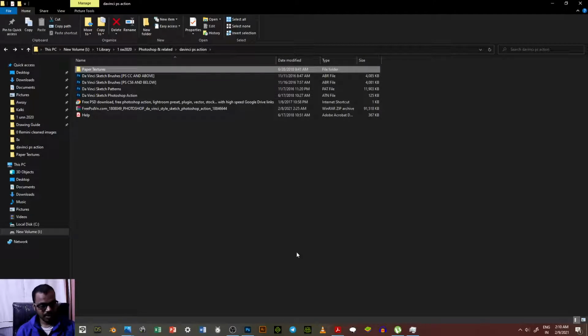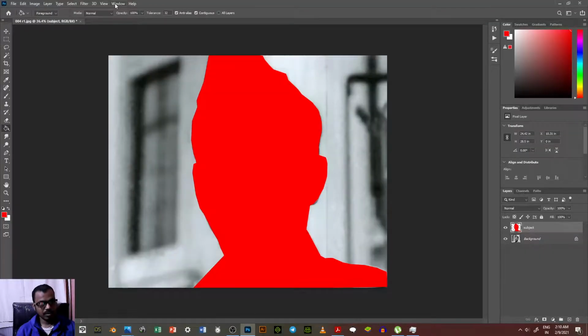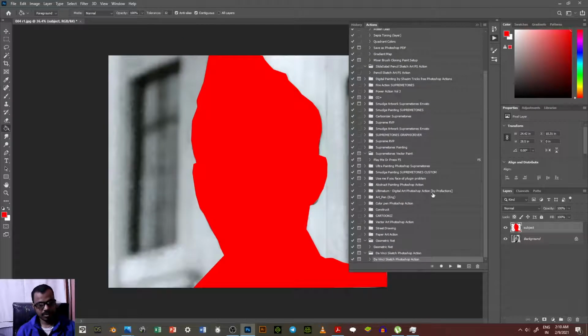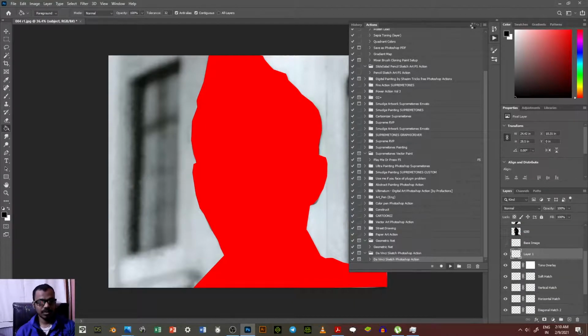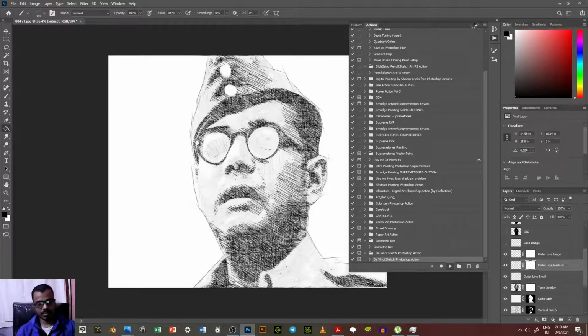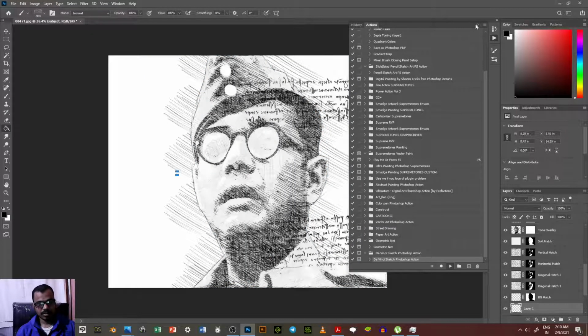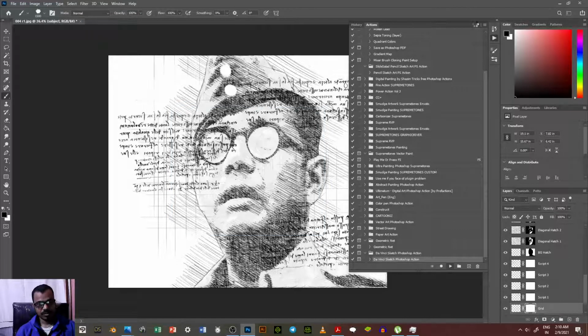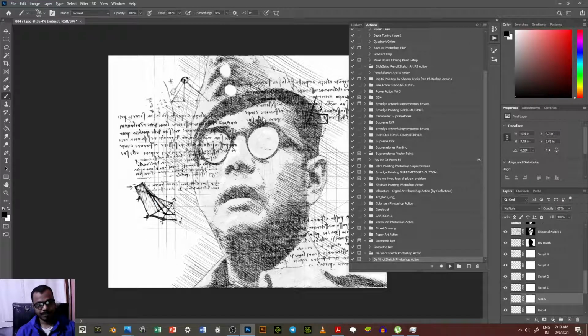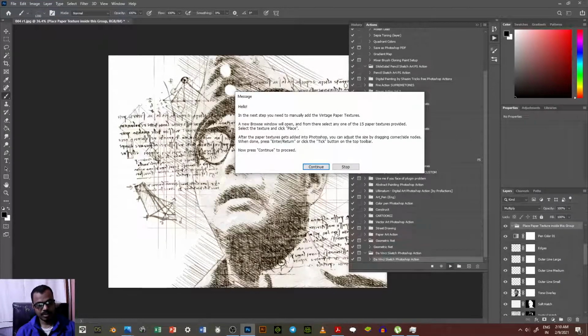That's it. And now come to window, actions, and simple. This is Davinci sketch. There are other action file. This is Davinci sketch file. Play it. It's all done. So the processing will depend on how fast your computer is. So this is how the image has come. We don't need these